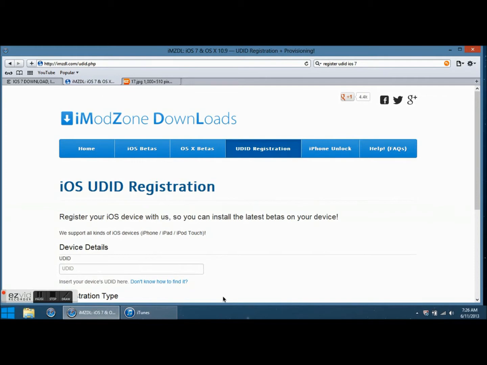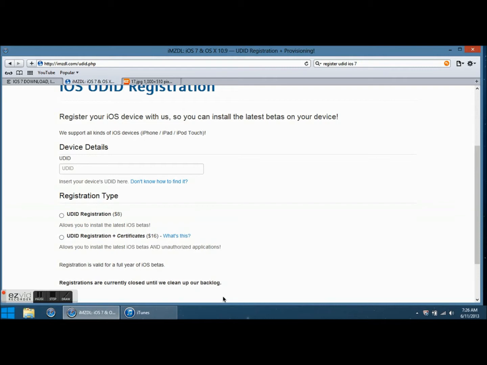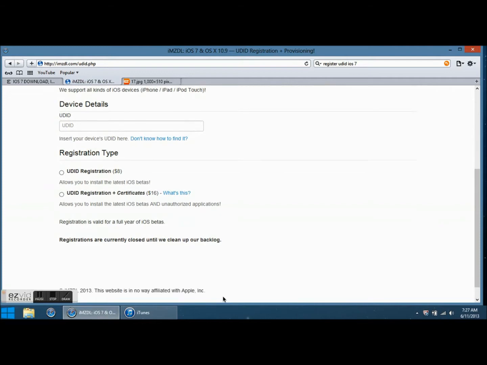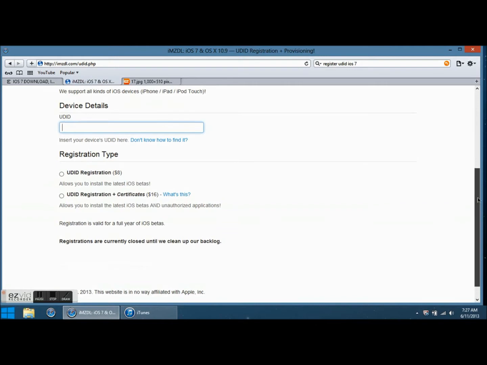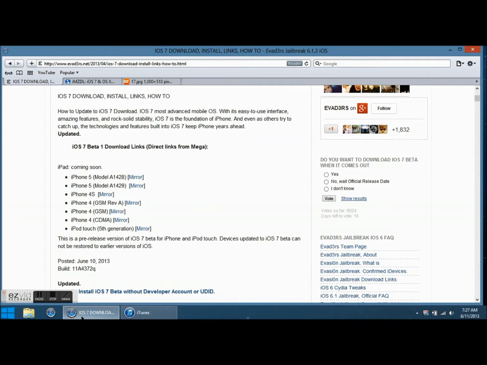As you can see here, all you have to do is register your UDID. If you don't know how to find it, I'll leave a link in the description for an app that you can get your UDID number from. And this UDID registration is going to cost $8. It's not expensive, but it's not really cheap. But it is kind of really cheap compared to $99 a year to Apple's developer program. But anyways, go ahead and put in your UDID number,